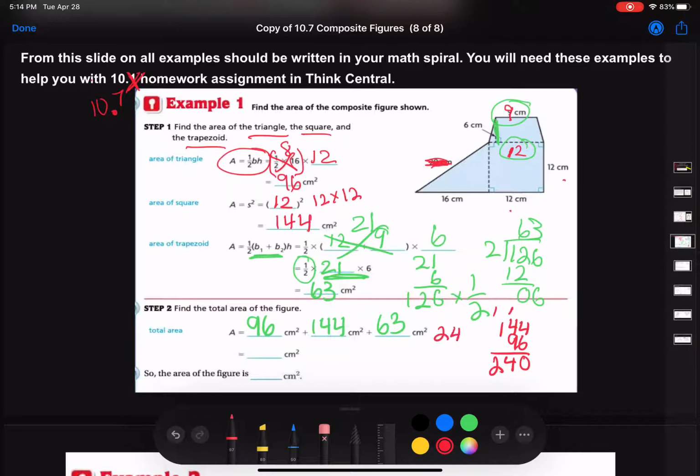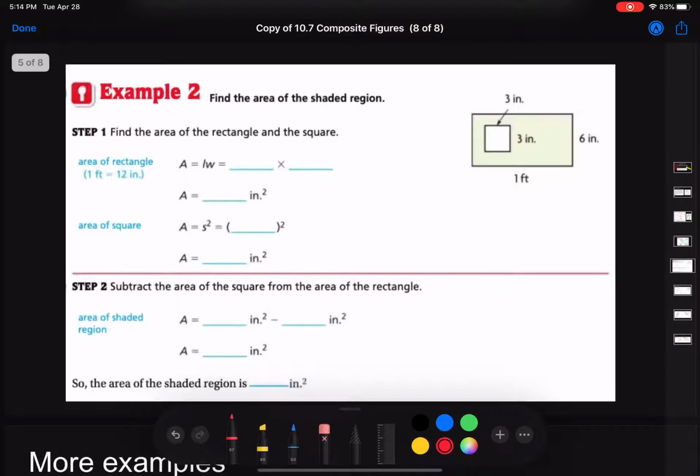Then I'm going to add 63 to 240. Okay, and I get 303. So 303 centimeters squared. Okay, next one. And remember, at any time you can pause and go back so you can take notes, whatever